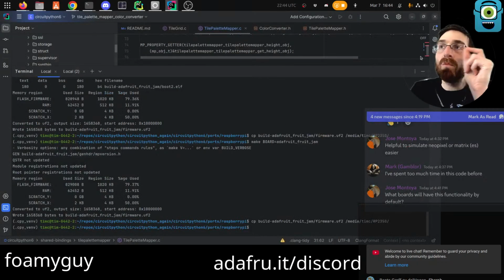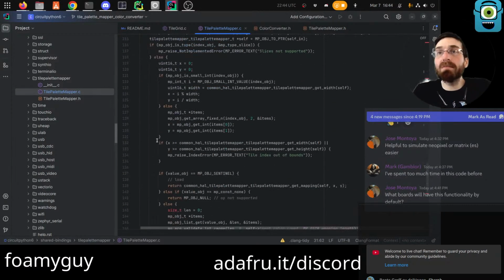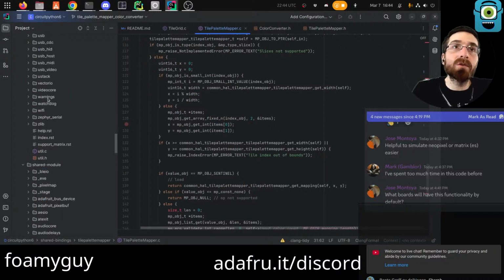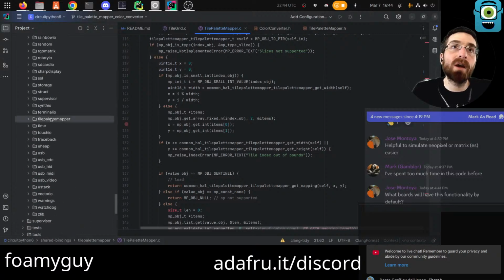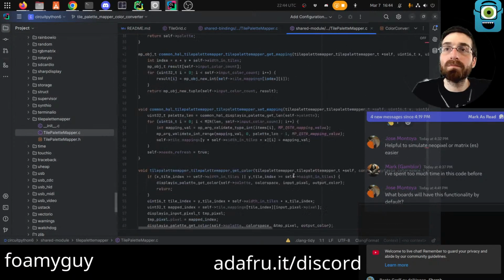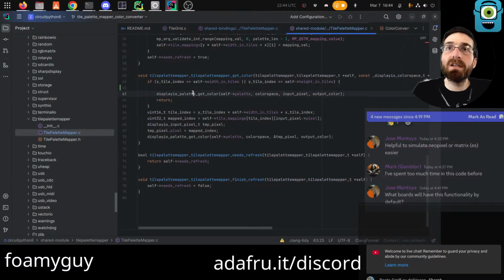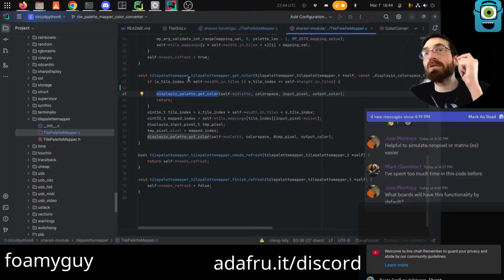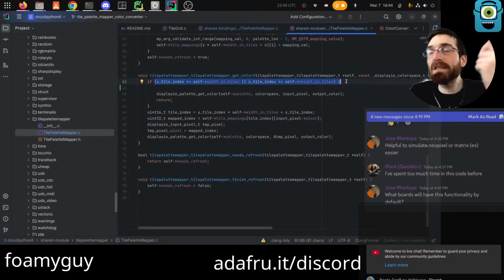So next we want to use it inside of TileGrid. But in order to do that, we actually need to use it inside of shared module, TilePaletteMapper, get color. So right here, we currently say get color. Oh, wait a minute. So this is the bounds check. This is saying if the tile that we are,